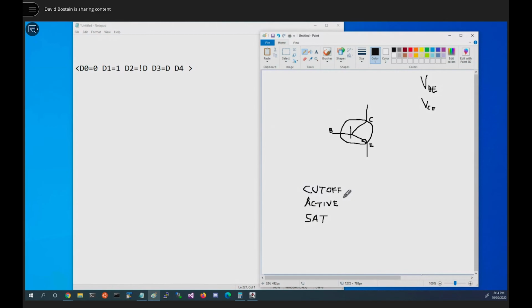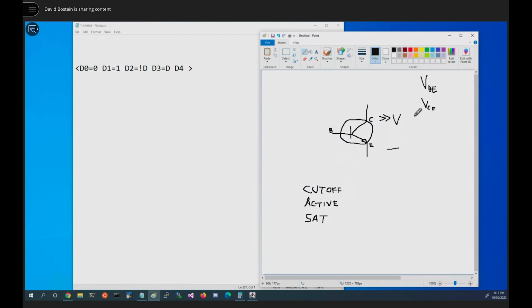Well, one of the states, in terms of cutoff, would be if you were told there is no current going through the base emitter diode. Or there's 2 diodes in here, base emitter and base collector. But if there's no current flowing, it's cut off. Another thing would be if there's no current flowing through the transistor itself, it's cut off. In either of those 2 states, we're going to see a much greater voltage here relative to here.